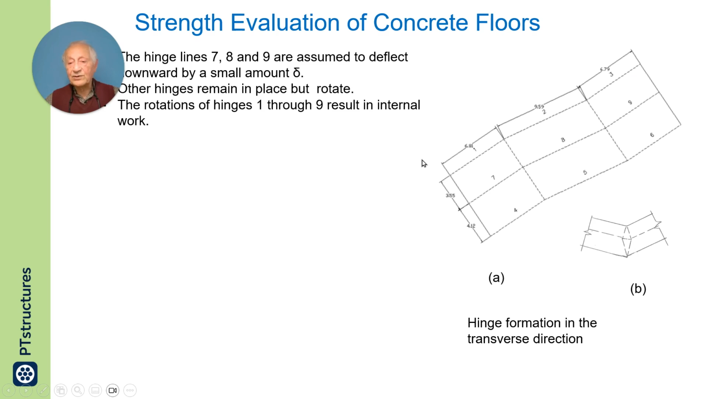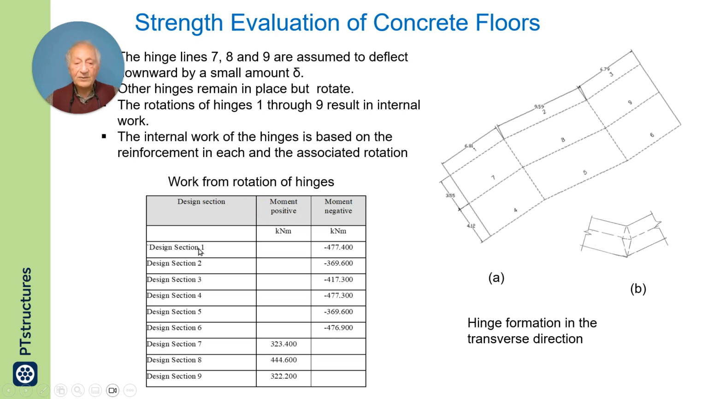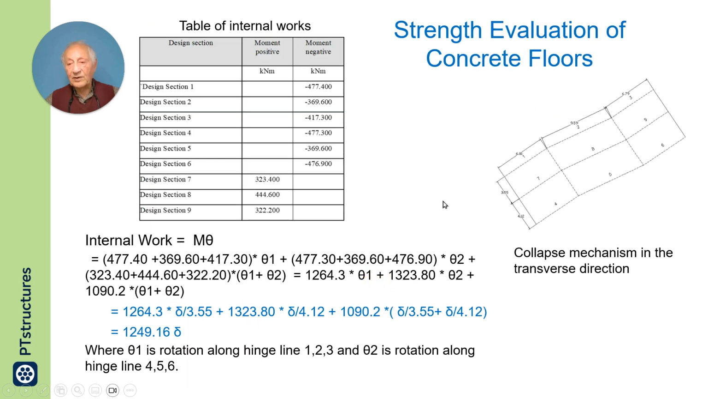The rotation of hinges, there are 9 hinges that do work internally, 1, 2, 3, and then 9 in total, obtained for each of the hinge lines the moment capacity based on the assumed displacement along here, and obtained from that moment capacity here the acceptable value. This is showing the internal